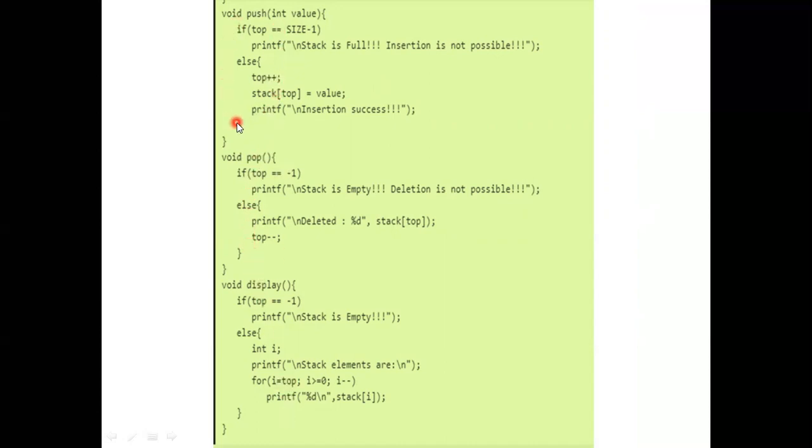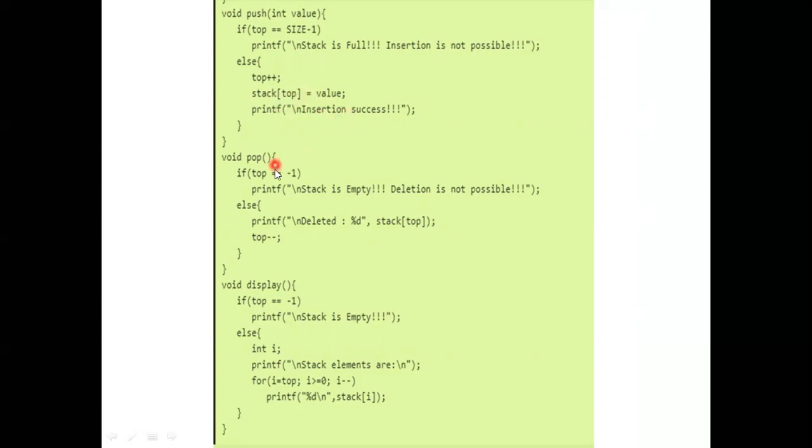In the push function, it takes one argument, that is the value from the main function. Check the condition: top is equal to size -1. If so, print stack is full, insertion not possible. Otherwise, increment the top value, insert the new value into the stack and print success.